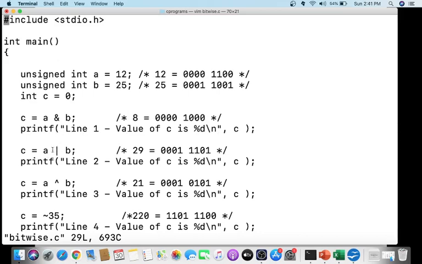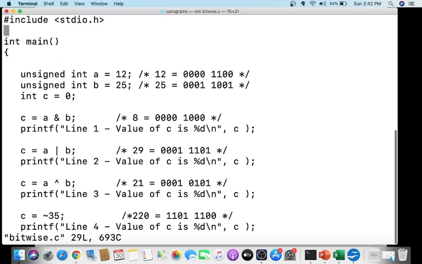Then we are performing the OR operator, so an OR operation on these two. 0 or 1 is 1, that is why here it is 1. Then 0 or 0 is 0, so that is why a 0 is here. Then 1 or 0 is 1 here. Then 1 or 1 is 1 again. Then 0 or 1 is 1 again. Then all these are 0, 0 or 0, so everything is 0. And this is the equivalent of 29.